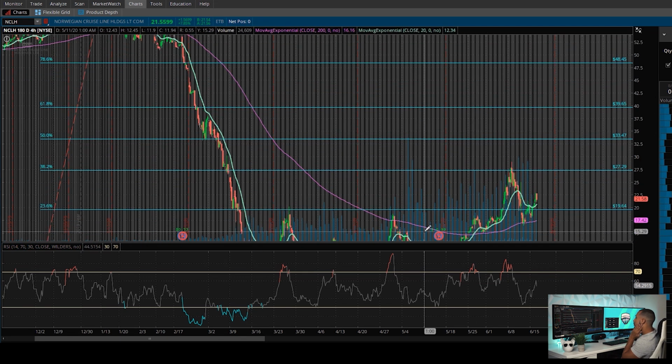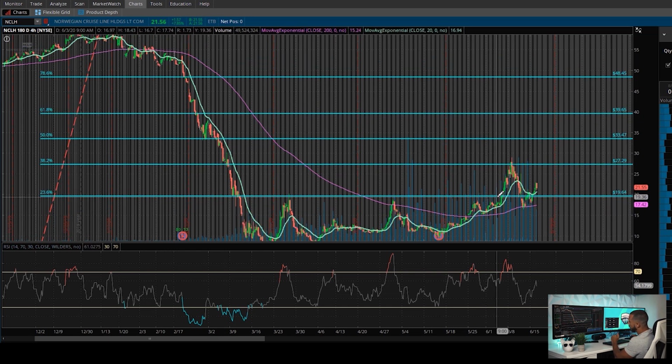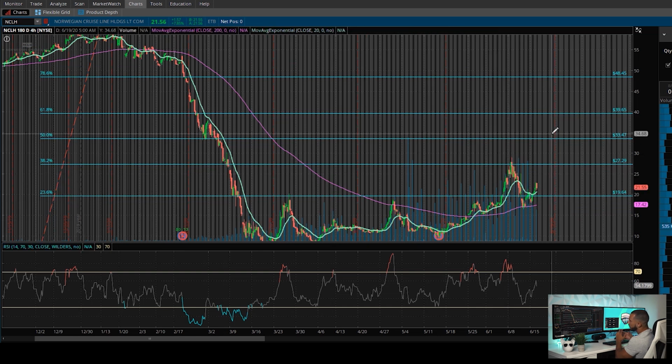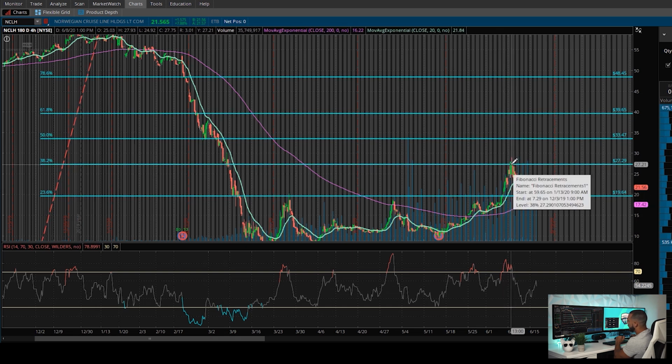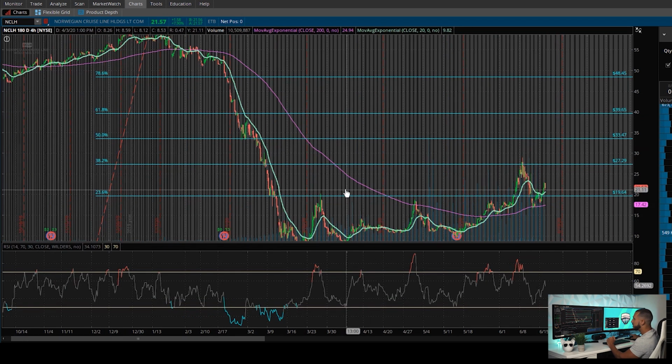So that's more or less what I like to do for swing trading, and you can basically do that and ride the wave up. If you think we're going to be bullish, you can keep riding the wave up. You can sell some positions here, and then when it hits the next Fibonacci level, you sell some positions here, and so on. Another thing that I like to use when it comes to swing trading is this moving